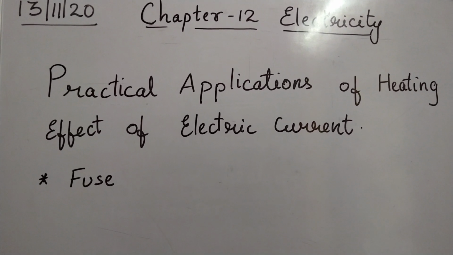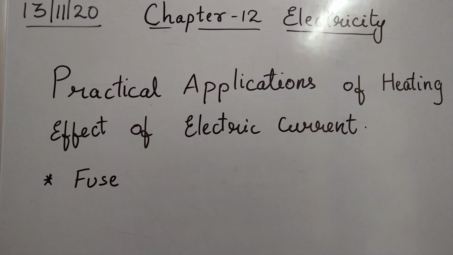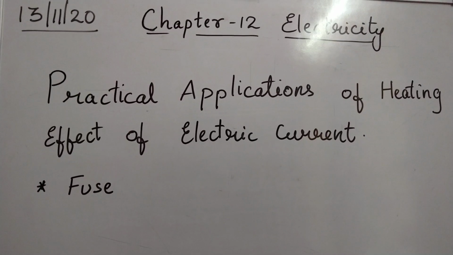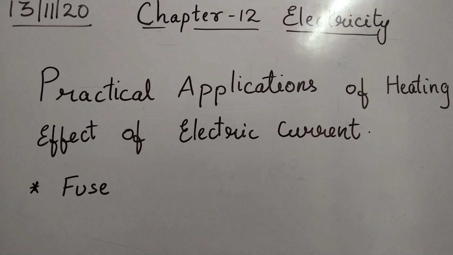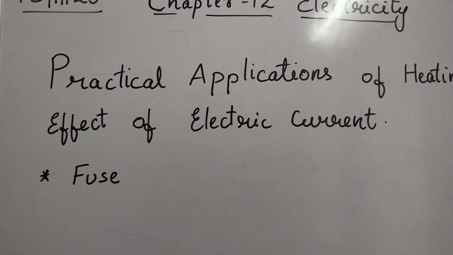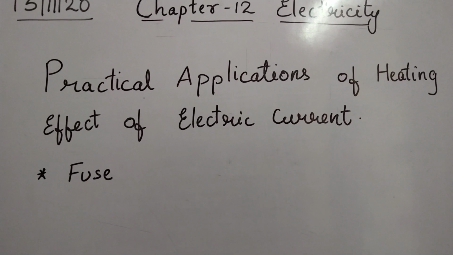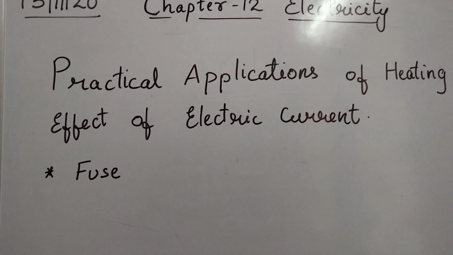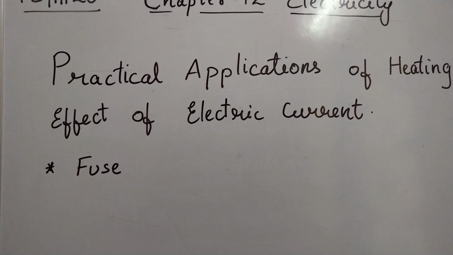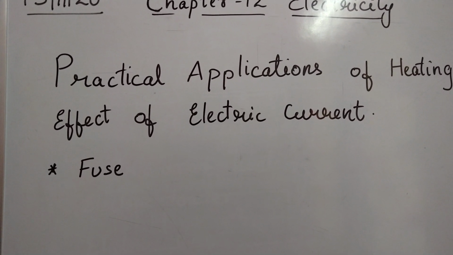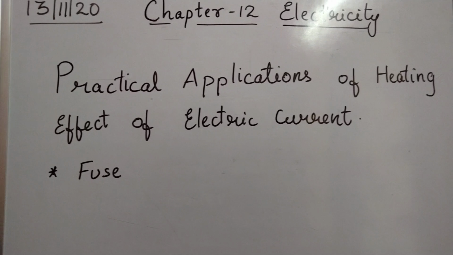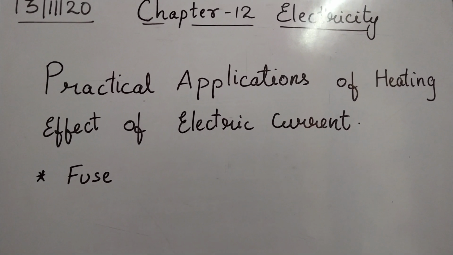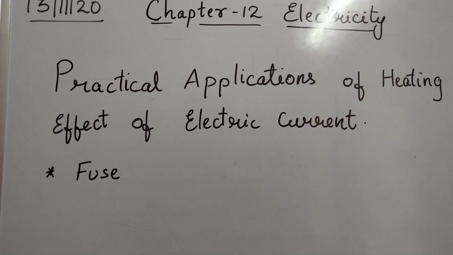So electric fuses are always placed in series with the device. It consists of a piece of wire which is made of a metal or an alloy of an appropriate melting point. So whenever a high current flows through any electric circuit, in order to save the circuit, the fuse wire melts and it breaks the circuit. So once the circuit is broken, an extremely high amount of current does not flow through the circuit and the appliances do not get damaged. Okay. So it's a very common application which is also based on heating effect of electric current.